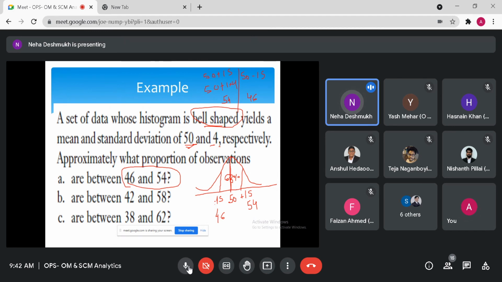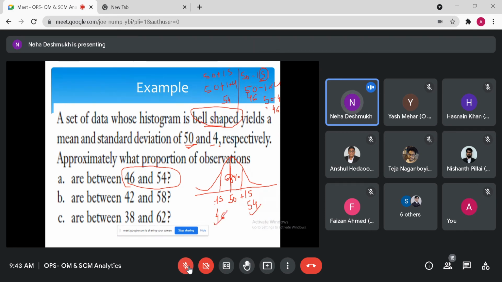तो 3 का है कहाँ अभी? ये 46 और 54 तो 1s का डिस्टेंस है ना, रेंज है ना? स्टैंडर्ड डेविएशन 4 आ रहा है, लेकिन आप जब यहाँ 50 से इस पॉइंट पर आएंगे, सो दैट विल बी 50 माइनस 1s, राइट? एंड दिस 50 माइनस 1s पर s तो स्टैंडर्ड डेविएशन है ना, तो आप क्या लिखेंगे? 50 माइनस 1 इंटू 4, विच इज 50 माइनस 4, इट रिजल्ट 46. एग्री? और जब आप 50 से 1s आगे जाएंगे तो क्या होगा? 50 प्लस 1 इंटू 4, दैट विल रिजल्ट 54.